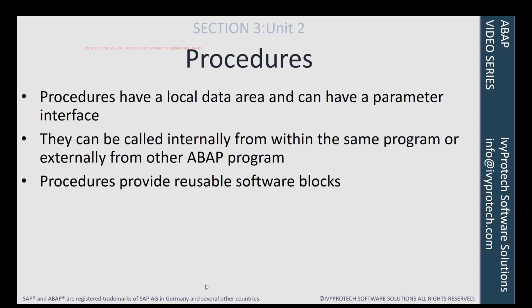So since you have so many programs which need that functionality, SAP provides a function module which can be called from any program, and you can use it to display the output, and it provides a lot of features. If you have to develop a program to include all those features, then it will take a lot of time. You'll spend 1 week, 10 days only in getting the output correct, and you can save that much time in your development just because there's one procedure available that can be used to display report outputs. And these procedures can be called internally from within the same program or externally from other programs.